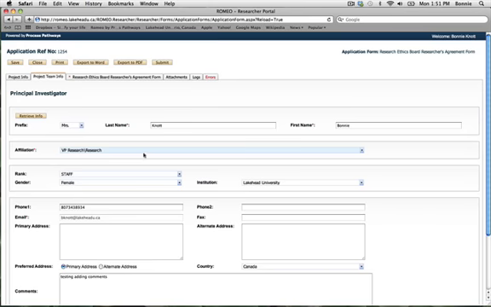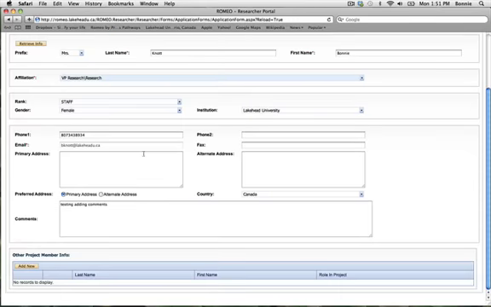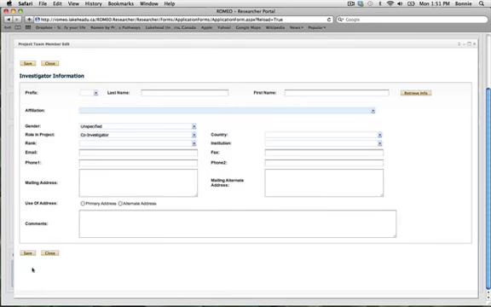For additional project members, scroll down to Add New. If the investigator is already in the database, you can search by last name. Simply type in their last name where indicated and then click Retrieve Information. Cells will be auto-populated. If the researcher is not in the database, you can type the information in the required